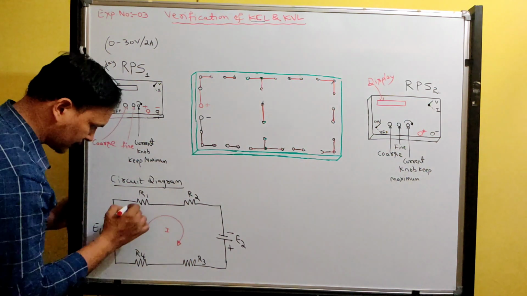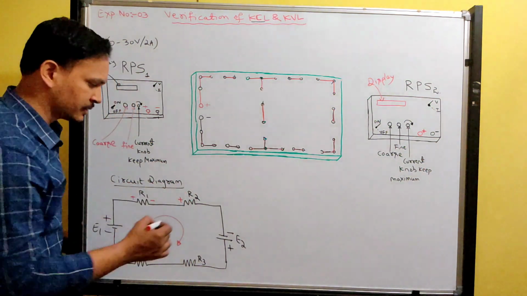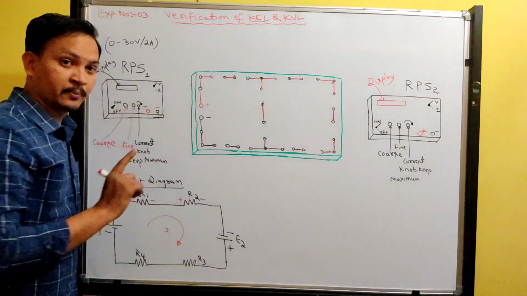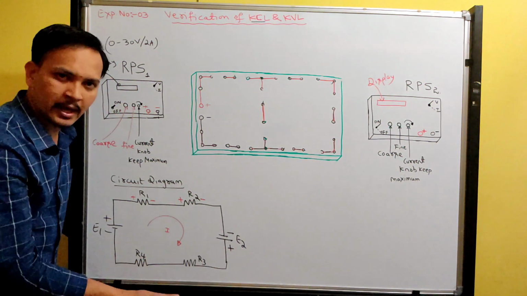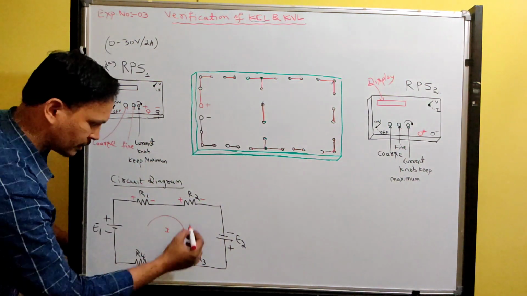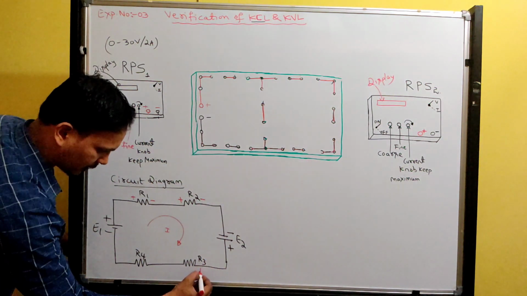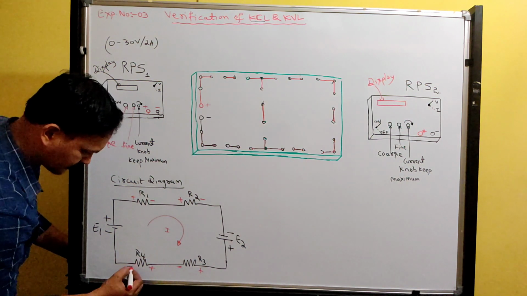The current enters the resistor at the marked plus and leaves at the negative. Don't modify the polarity of the EMF source. It is fixed. The bigger plate is the anode and the smaller one is the cathode terminal of a battery. Again, where the current is entering, mark plus, and where it leaves, mark negative.